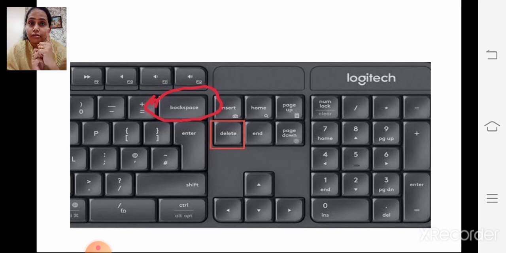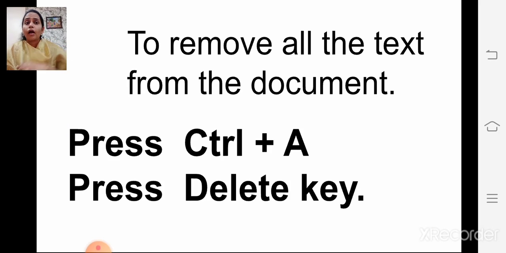And when you want to delete the right side of the cursor, you will use the delete key. Understood, children? Now, to remove all the text from the document, how did I show? Control plus A and press the delete key.